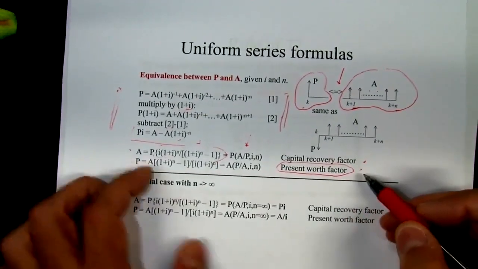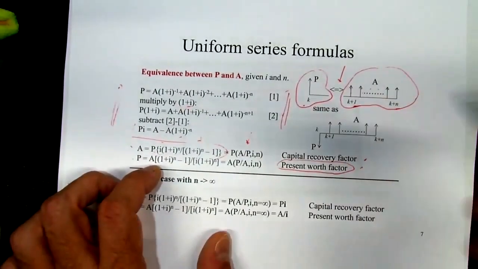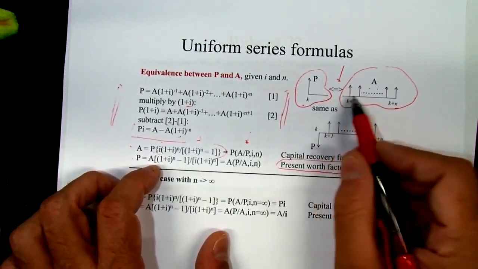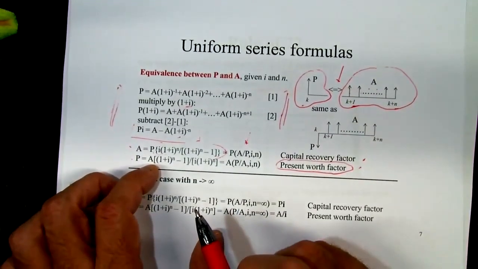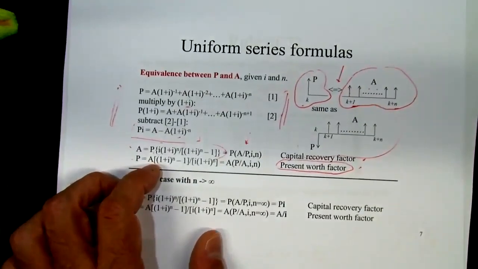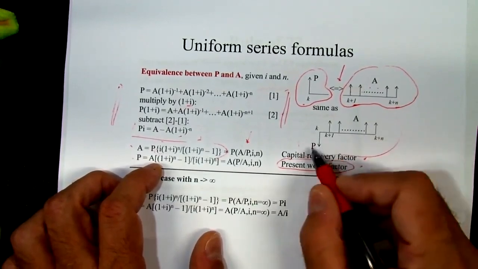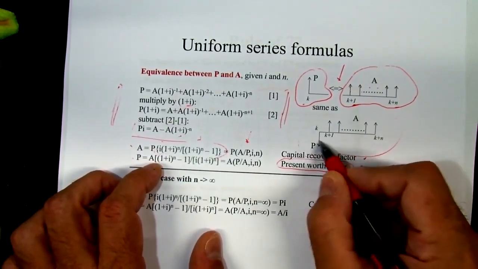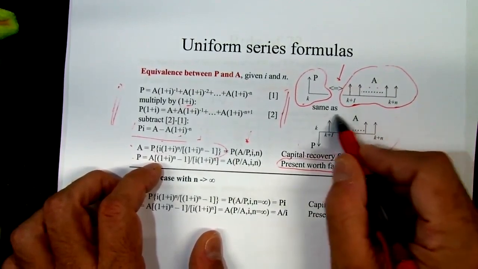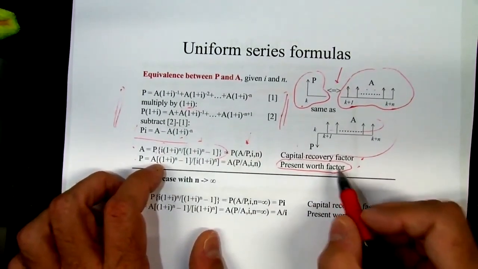Something that I didn't mention yet in this slide, but it's similar to before, is that the equivalence, once again, can be represented as two different cash flows equivalent to each other, or represented in the same cash flow with different signs, so that this makes more sense in practice. I invest an amount P, which is equivalent to all the uniform series that is in the future. This is actually a